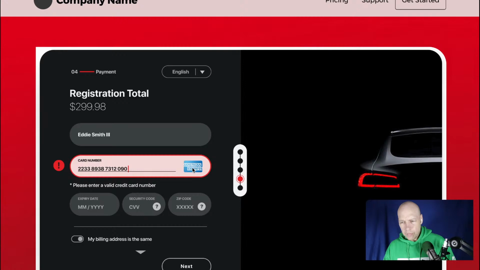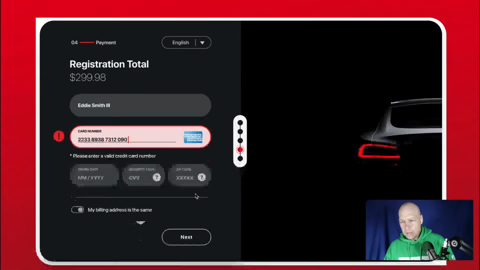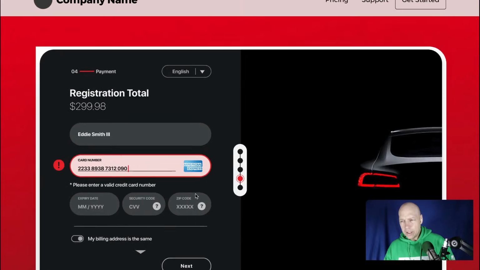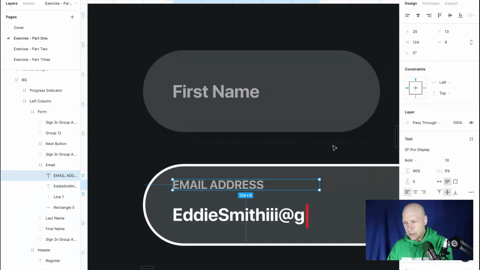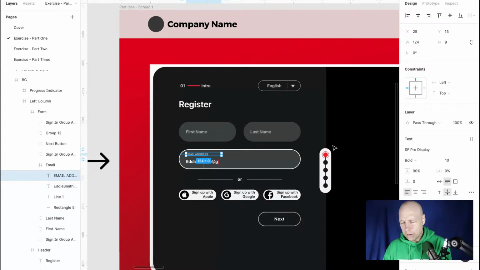Card number, please. So you're going with an alert here. Please enter a valid card number. That makes sense. Billing address is the same. Review and payment, I don't think the line here is necessary. I do think that this is pretty tight on the button, the line height. If I come back over and look at that in particular,